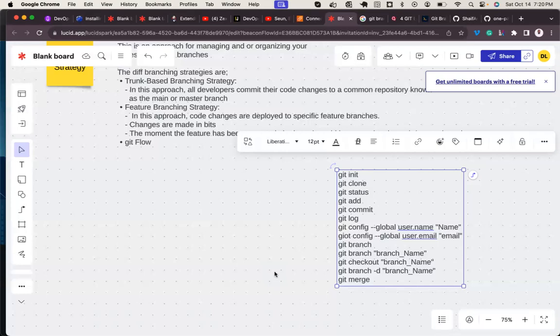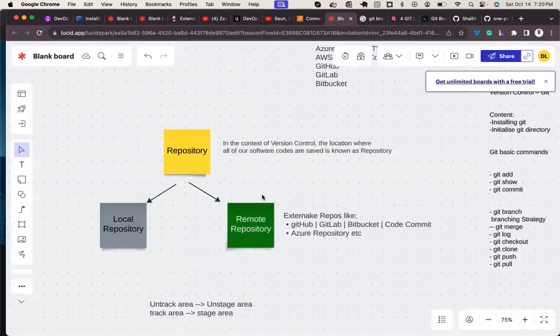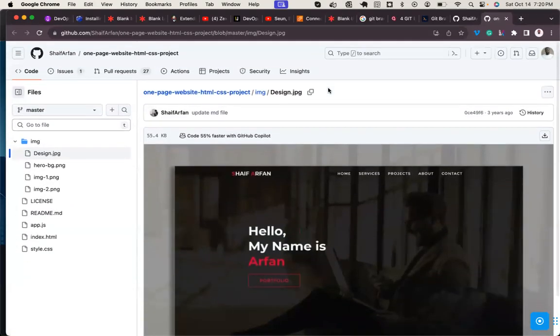All right. So we've not talked about git push and git pull. These two commands are related to managing remote repository. So when we come tomorrow, we shall kick off with creating a GitHub account, create repositories.